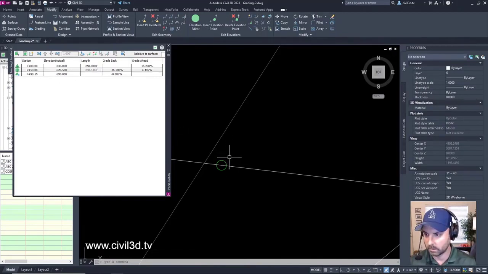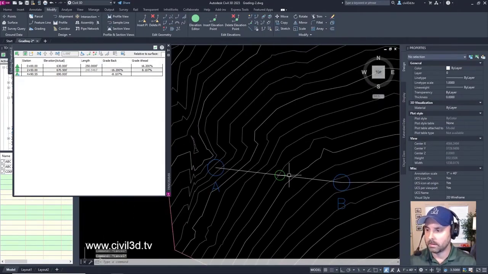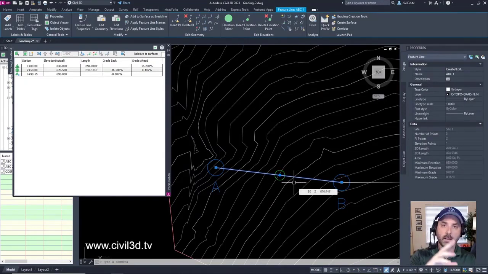Okay. What about over here? Existing grade is at 670.5. So, yep. The thing of it is, this feature line doesn't affect the existing grade surface because it's not a break line. You need to add the feature line as a break line in order to make some changes to the existing grade surface. In fact, we can do that right now if we want.